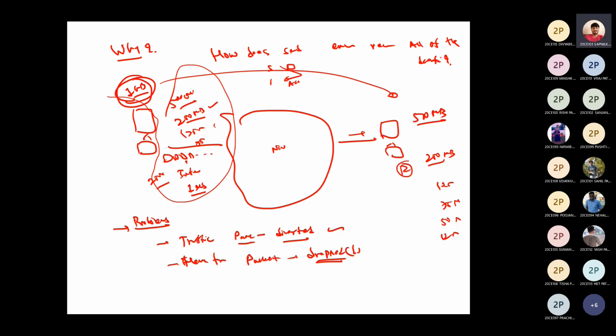This is the first iteration, this is the second iteration, third, fourth, fifth. In the sixth iteration, all of your data will be received at the receiver site. But is there any way to reduce the number of iterations, so the data is received in less time? And there will not be too much retransmission, 50% retransmission at every iteration.